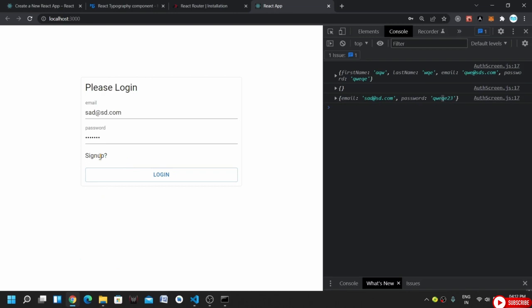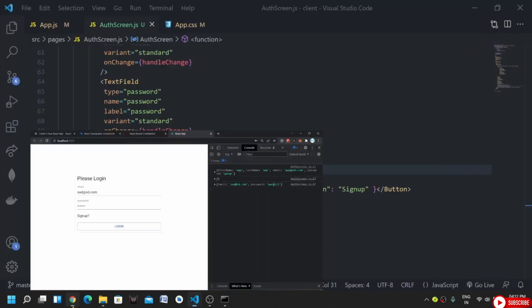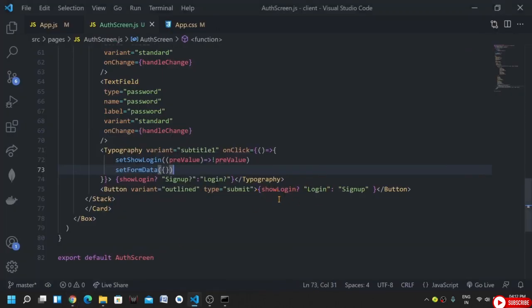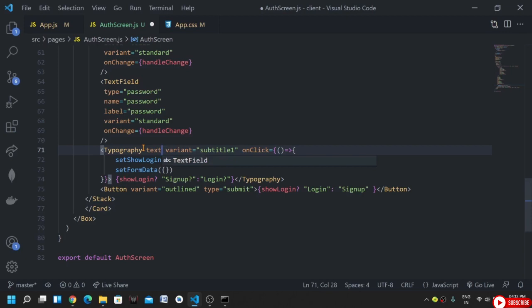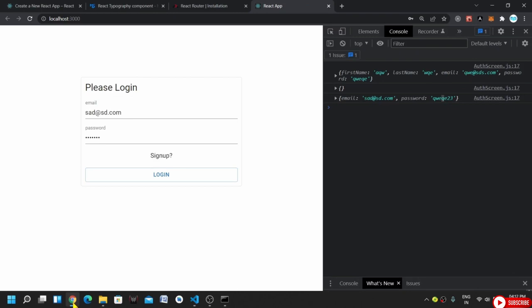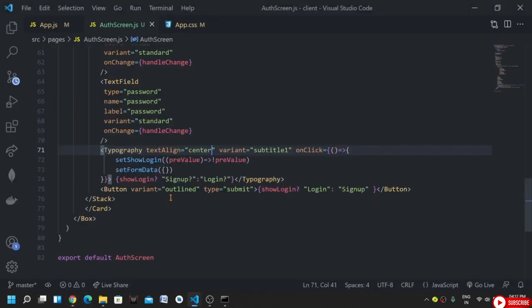First, let's center this also. To center this, we can add textAlign. We can directly write the CSS attribute as a prop because Typography is a special component. We can pass the CSS attribute textAlign directly and the value will be center. It should center it. Yep, perfect. Okay, so